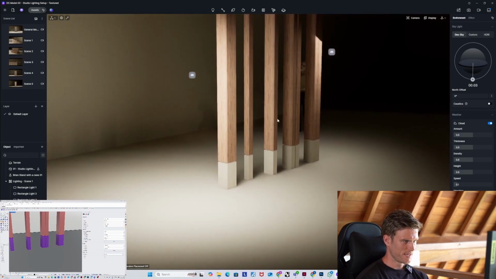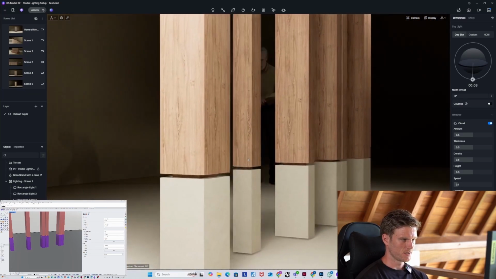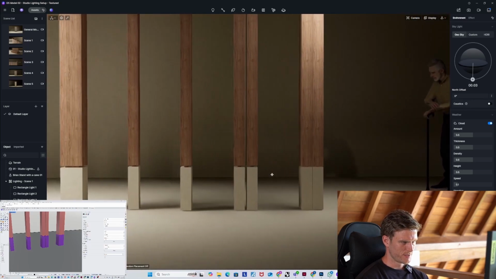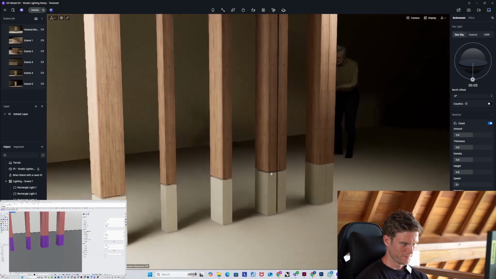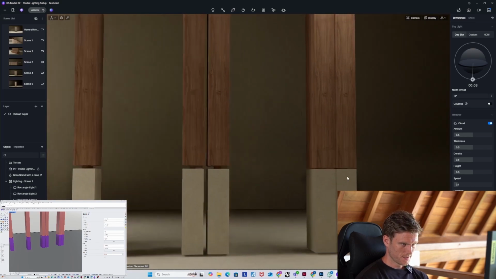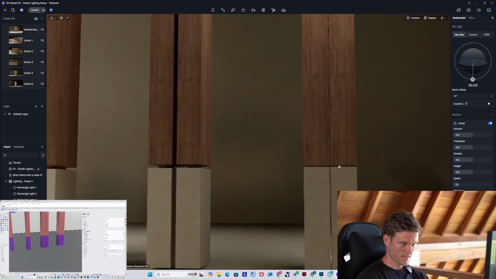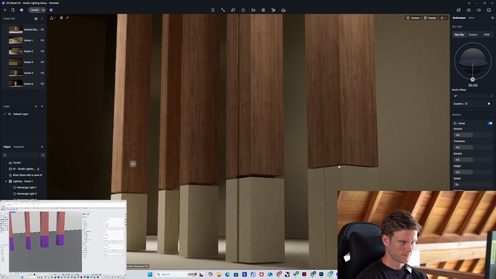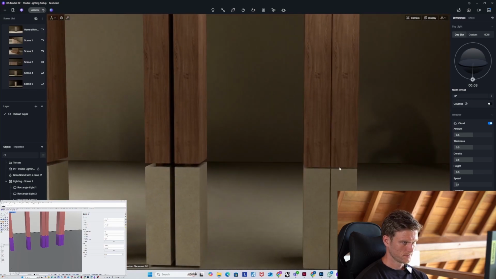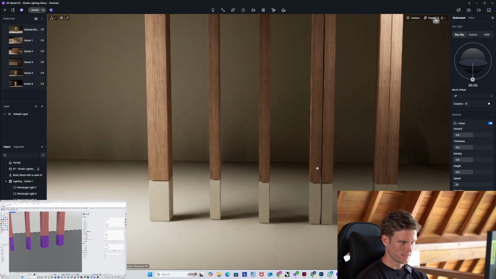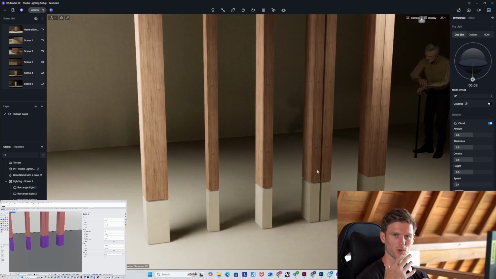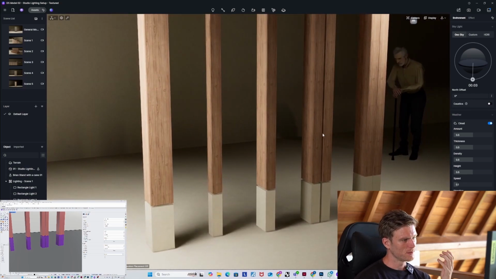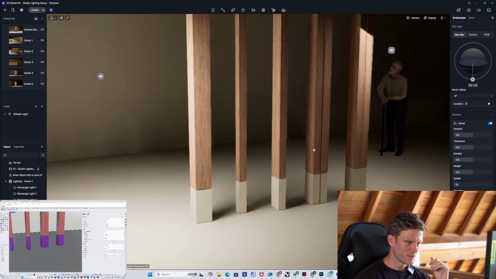Now what happens when we change up the proportions of these columns? And what happens if we start to introduce this double split column, which I love? And then what happens when we start to think about these shadow gaps in different thicknesses and different proportions? And this way of just exploring, iterating side by side, we can really start to understand what we like, what we're drawn to,